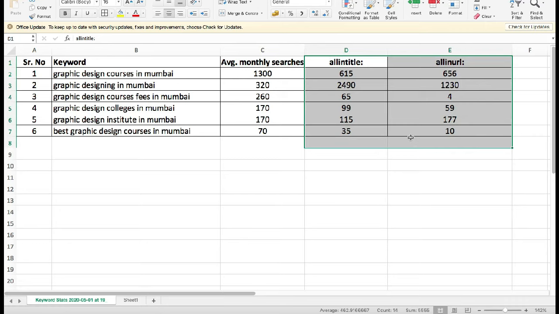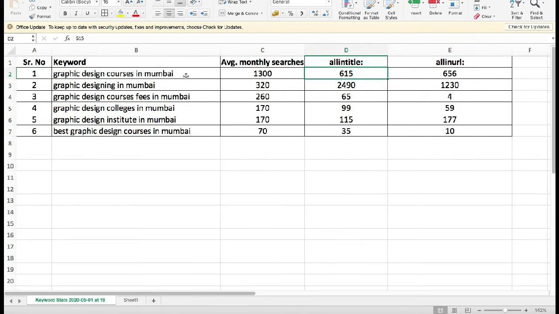These two values indicate how difficult it is going to be to rank for this particular keyword. Now look closely. This keyword has 1300 searches, whereas this keyword has the lowest number of searches, which is 70. Look at this. All in title values, all in URL values, anything below 1000, 2000 is quite low.